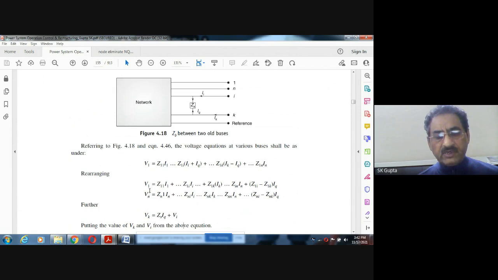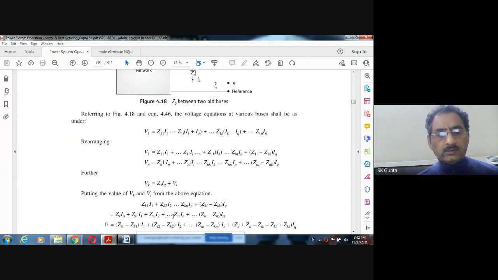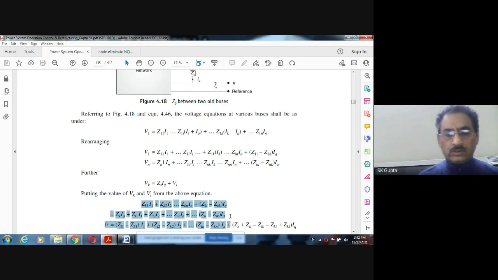Just like V1 and Vn, we get Vk. From Vn we can write Vk here, and after putting n equal to i, we can write Vi. So the values of Vk and Vi we will put here. When we put Vk and Vi here, this equation will be modified like this. In place of Vk, I wrote this, from here. In place of n, we write k, so this Vk comes. Here Vi, Zs Iq, this is it. In place of n, if we write i, this Vi comes. From here to here, this is the additional equation.